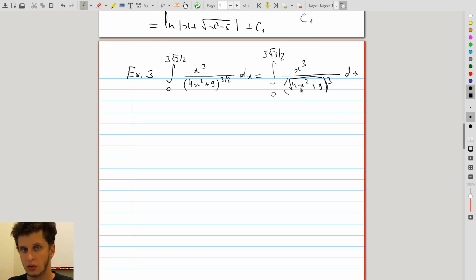Which trig sub should we use? If we inspect our table for the substitutions, we see that if we had an expression of the form x squared plus a squared, we'd have to use x equals a tangent theta. Now here, we don't really have x squared plus a squared. We have an additional factor in front of x. How do we deal with that factor? Well, whenever you have a factor in front of x that you want to get rid of inside an integral,